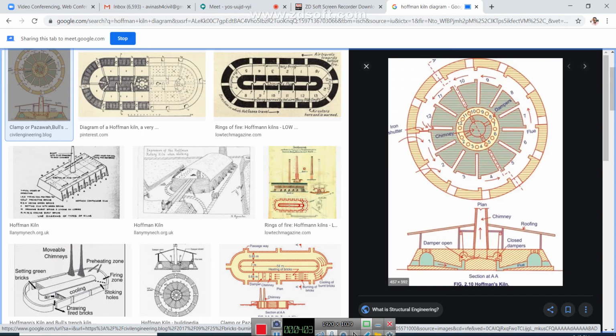Now the cool air will be entering the chambers 1 and 12. These are the main doors for chambers 1 and 12. The cool air will be entering through 1 and 12. Then the cool air will pass to the chambers 8 to 11, and after passing through chambers 11 to 8, it will enter the burning zone. I have already told you that chambers 6 and 7 are the burning zone.